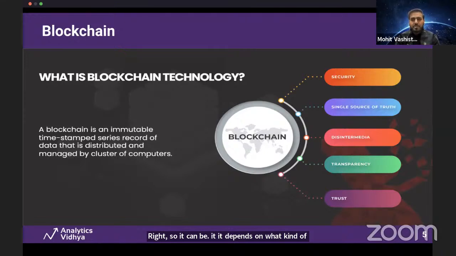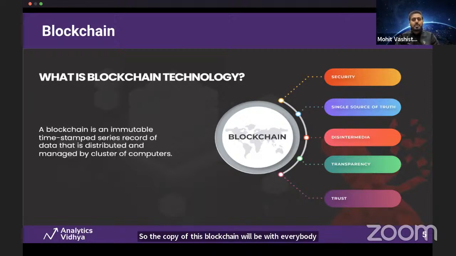Now data is something you can call transactions. Even in our traditional databases, we call a particular database record a transaction. So it's simply like that, a database record, or an immutable record which we are adding on blockchain. And now, what does the word distributed mean? For example, let's say we all are part of a particular blockchain. The copy of this blockchain will be with everybody who is part of this ecosystem.